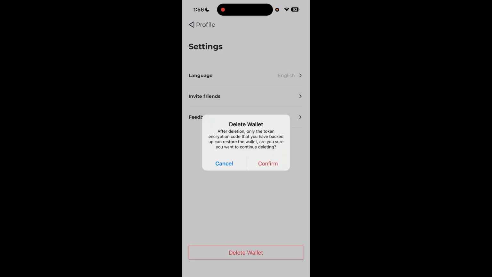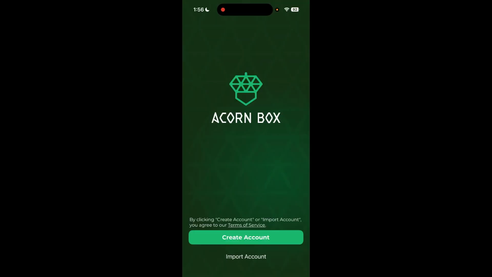code that you have backed up restores the wallet, and if you are sure you can select confirm, and that is it. It is very easy, and this fully removes the wallet from your phone. And that is it. You have successfully deleted your Acorn